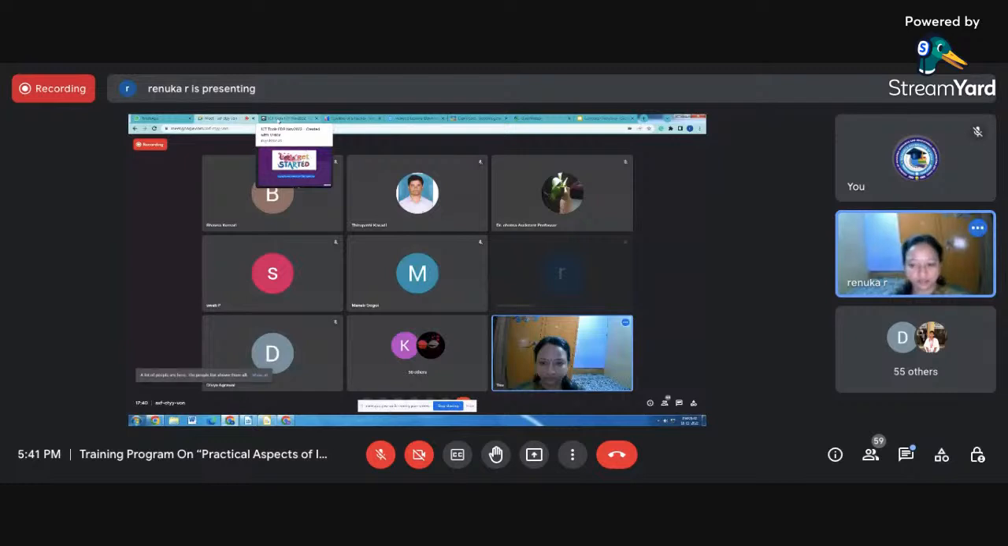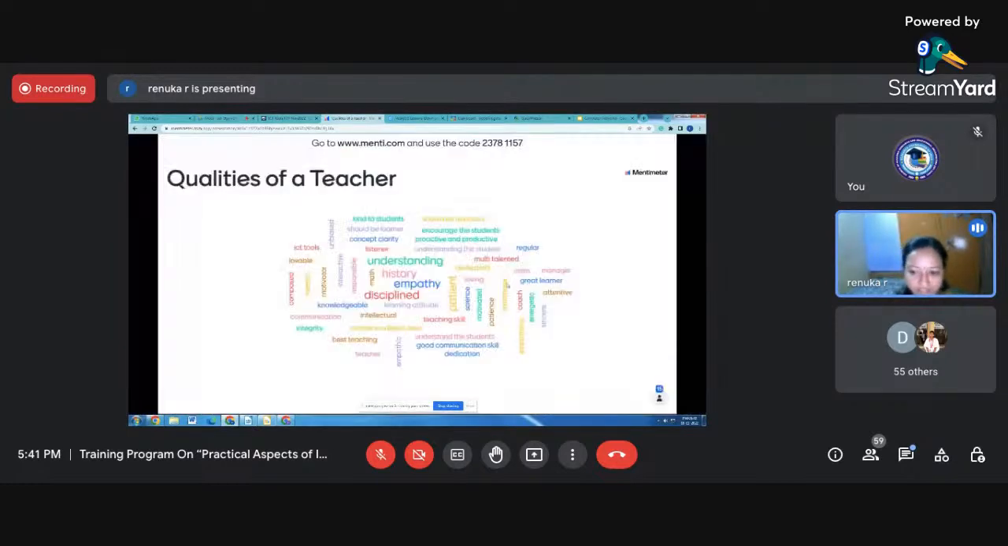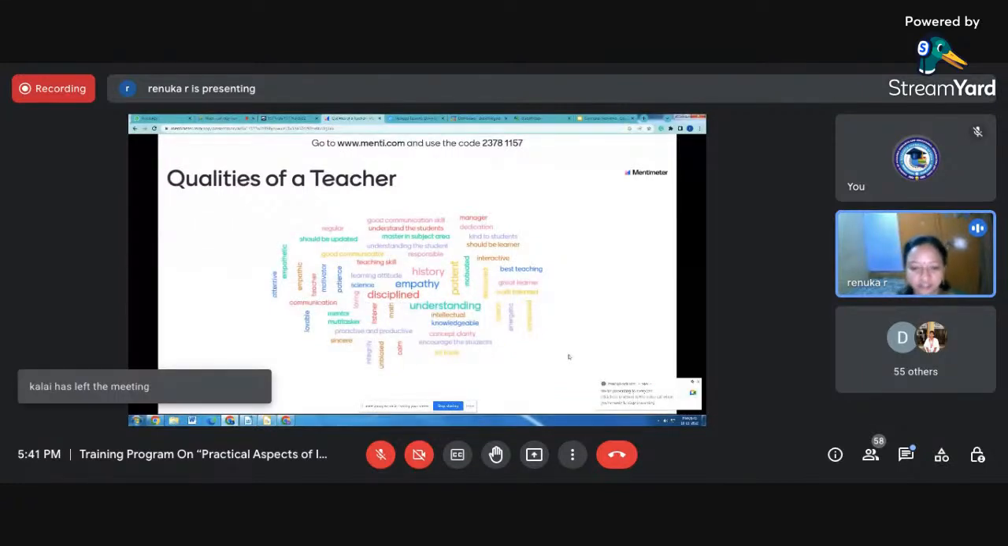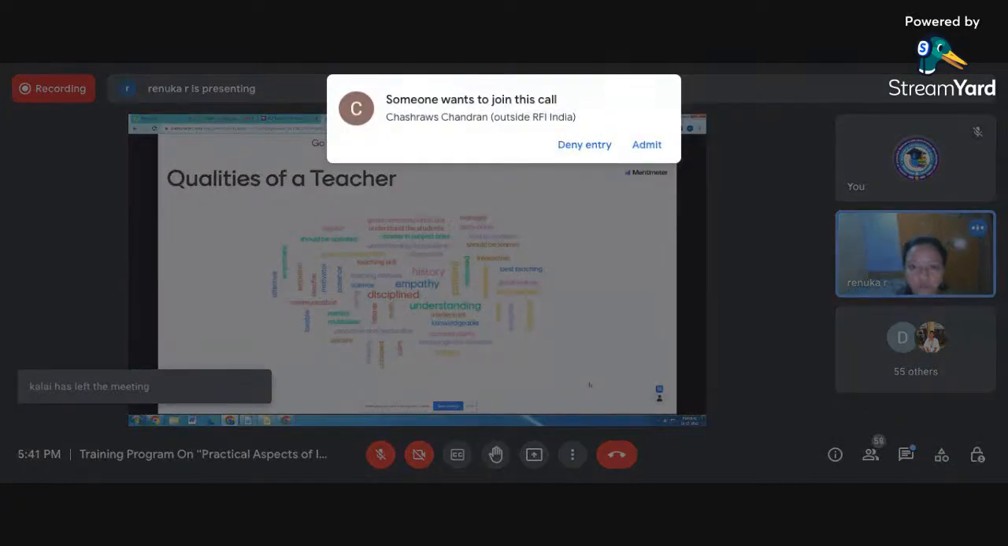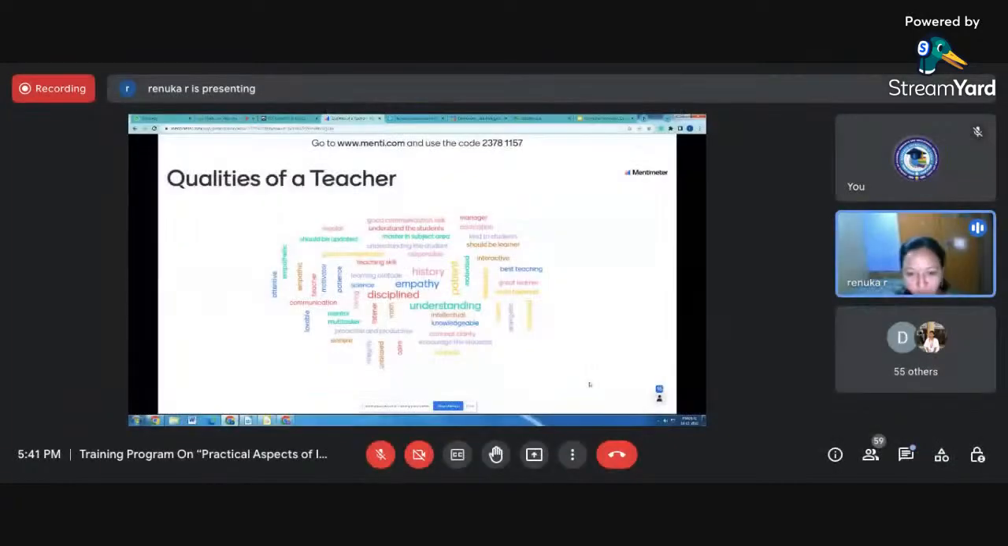So these are the various qualities of a teacher as mentioned by you. So this is one tool which is called Mentimeter, which I'm going to discuss further in the session. So let us start with our next